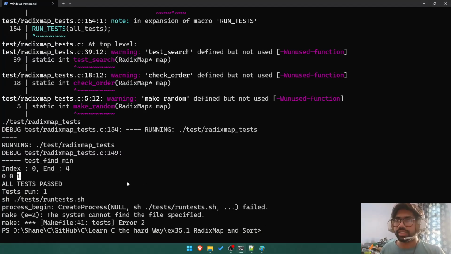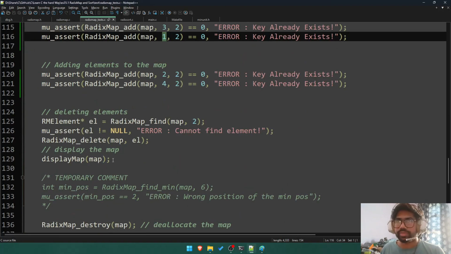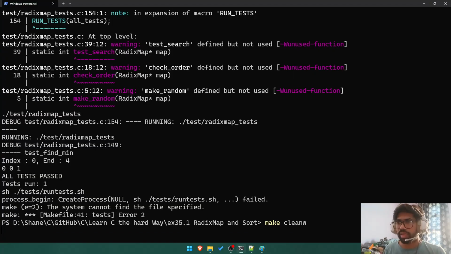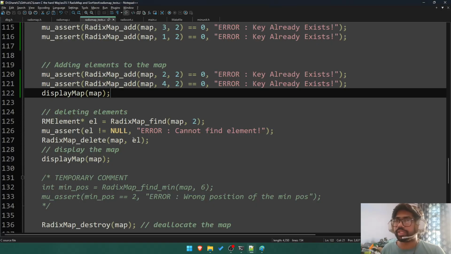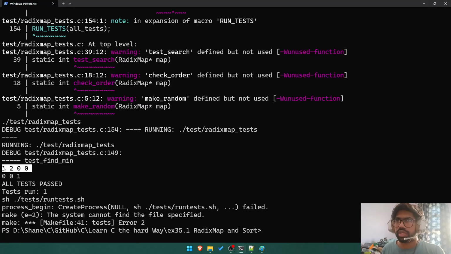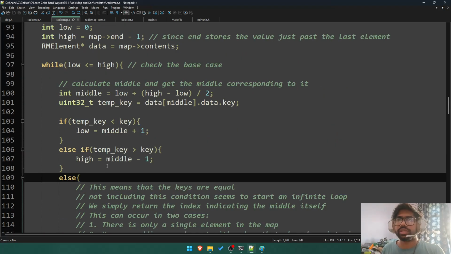Right, okay. So this is not right. So let me display the map up to here. Okay, so we get 1 2 0 0, which I don't understand. Why is it 0 and 0? User radix map. What happened over here? I get 1, but I